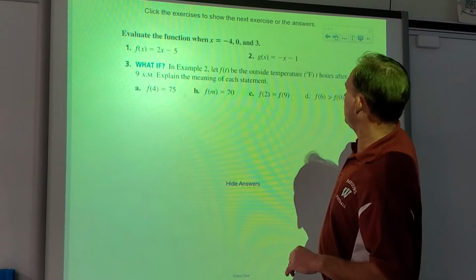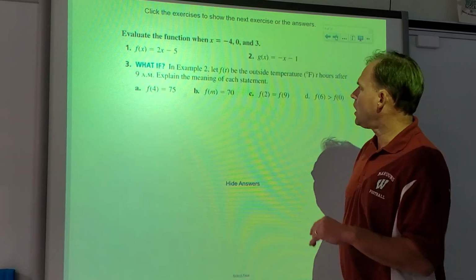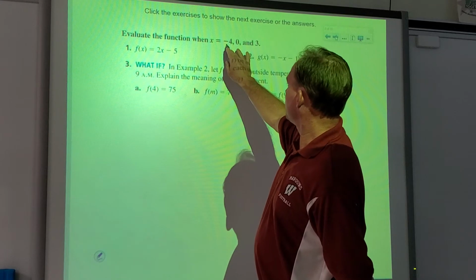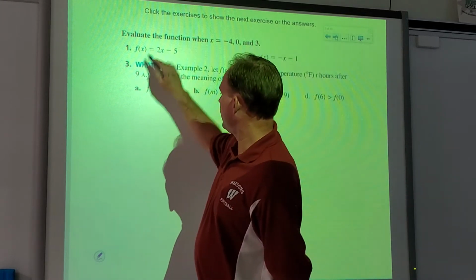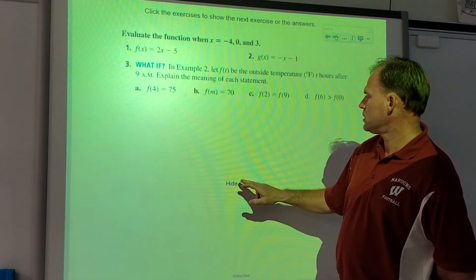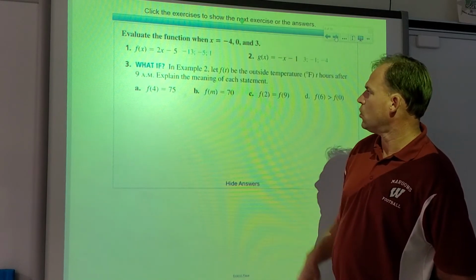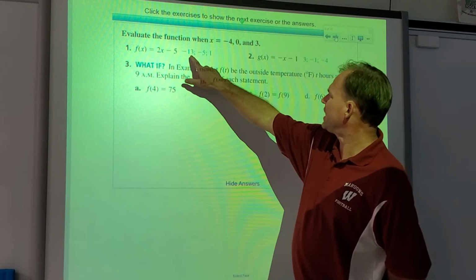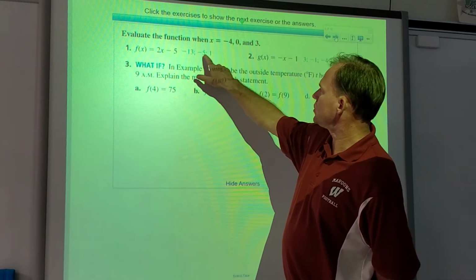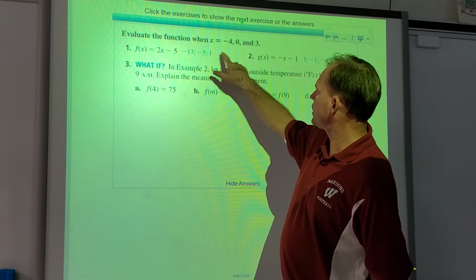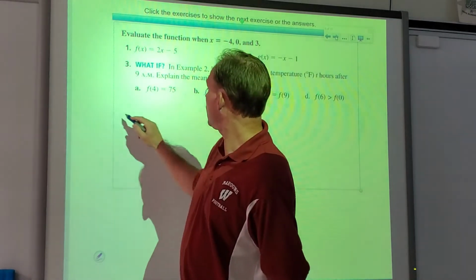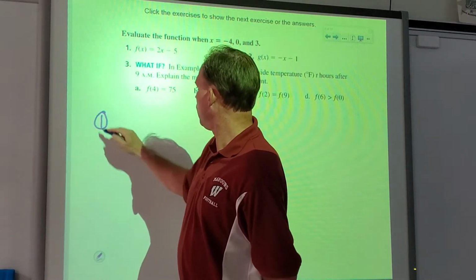Let's do another one, I think. Yeah, there'll be one here. So let's practice this. So evaluate the function. So it gives me -4, 0, and 3. So right here, number 1, I'm going to plug in -4, 0, and 3. So if I plug in -4, I should get -13. If I plug in 0, I should get -5, and I plug in 3, I get 1. I tell you what, let's go ahead and work through this one. So number 1,